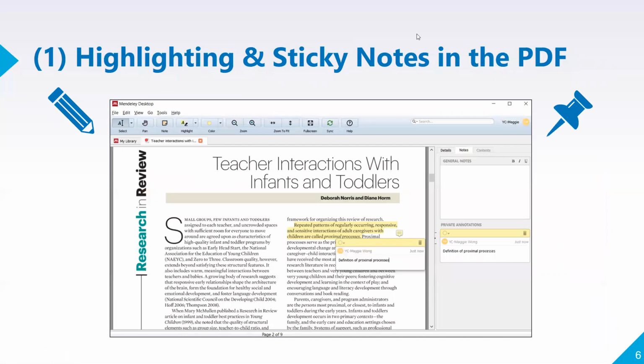Okay, so I will introduce 4 basic functions of Mendeley to you today. First one is highlighting and note-taking. It's pretty straightforward. You just highlight the text, and then there's a highlight button. You click it, and then you can create a sticky note, and the sticky notes will appear up here. And you can see there are